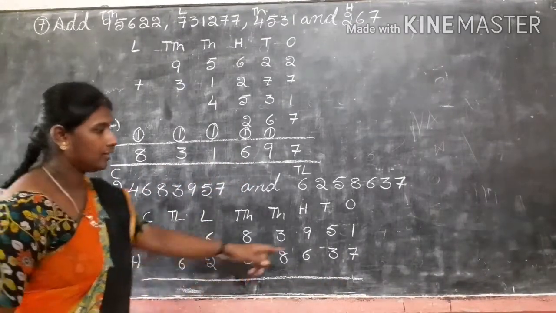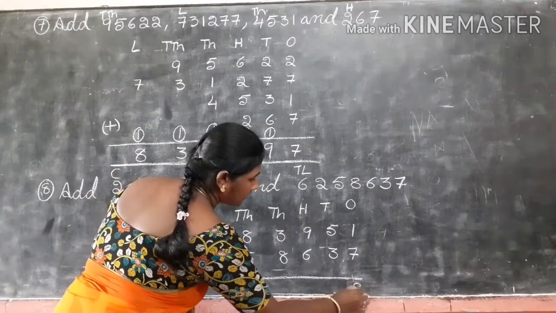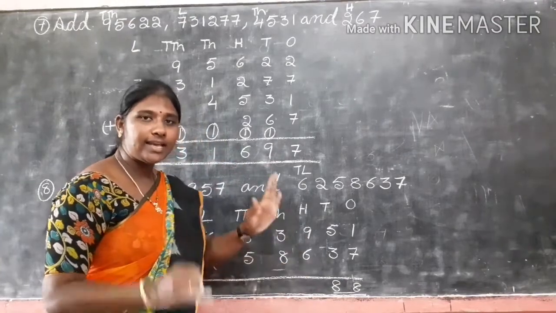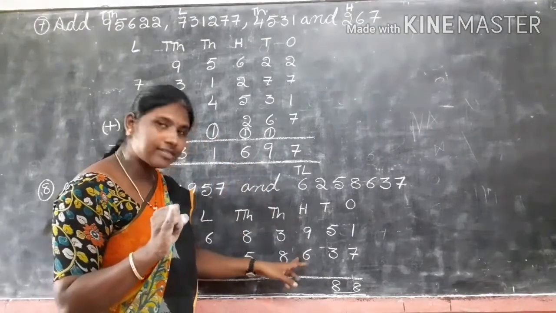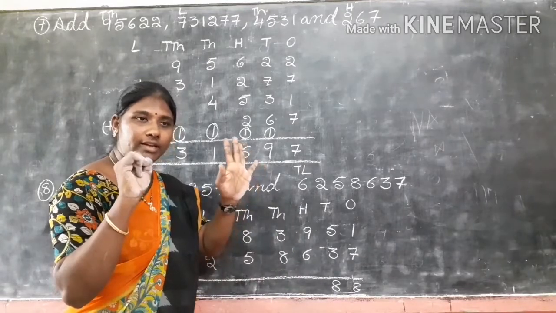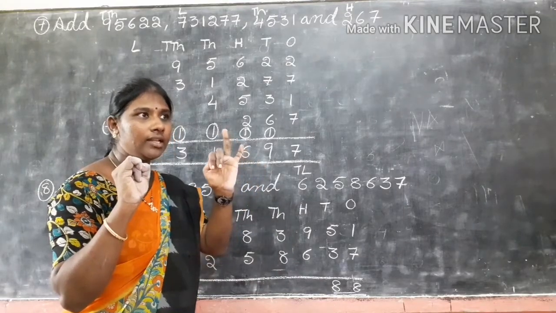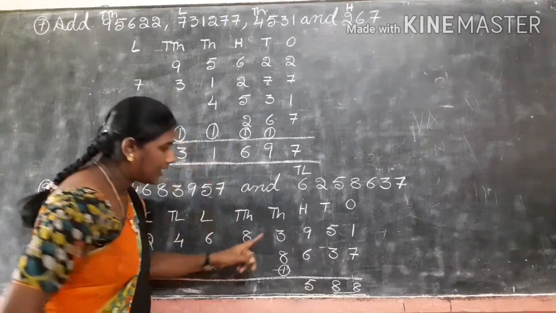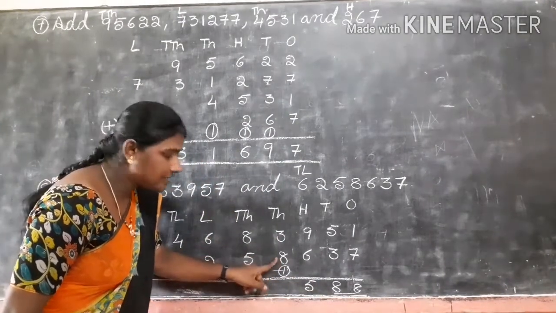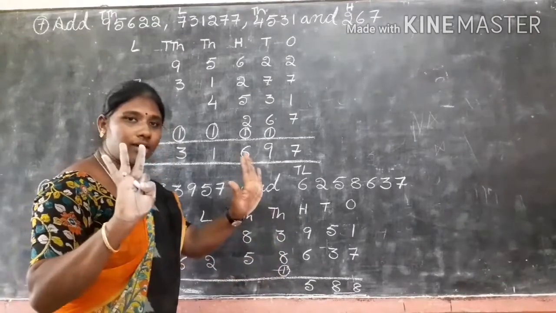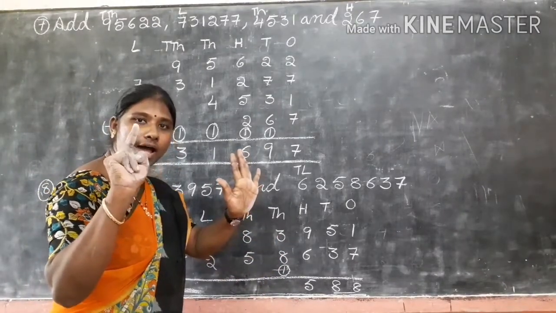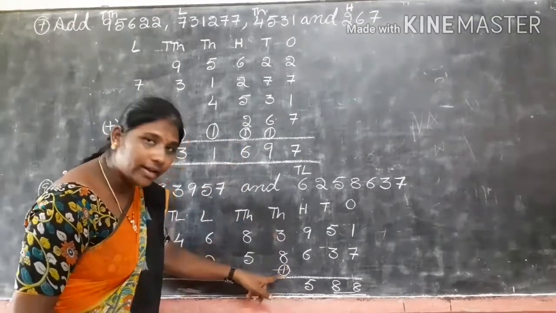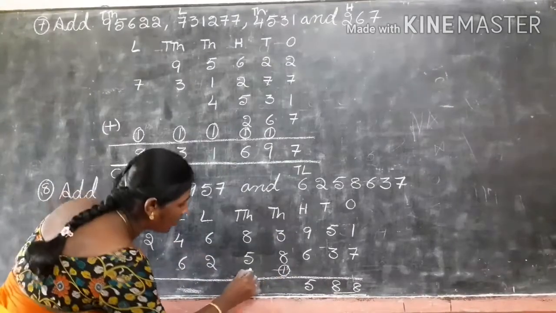Do the addition. 7 plus 1, 8. 5 plus 3, 8. 9 plus 6. Take 6 fingers. 9 up: 10, 11, 12, 13, 14, 15. Here it is 15. Next, 3, 8, 1. Here 8 is there. Take 8 fingers. 3 after: 4, 5, 6, 7, 8, 9, 10, 11. 1 is here. 11 plus 1, 12.